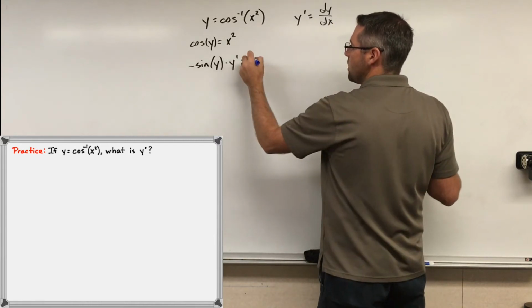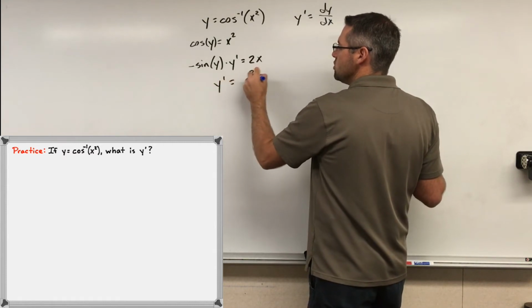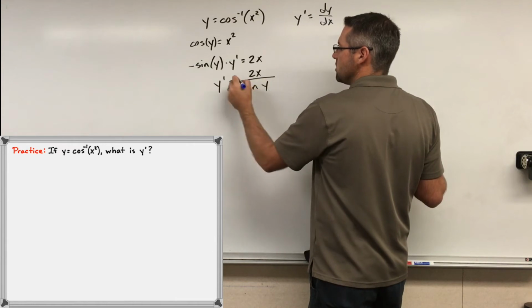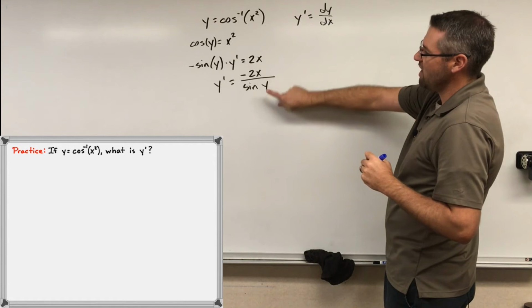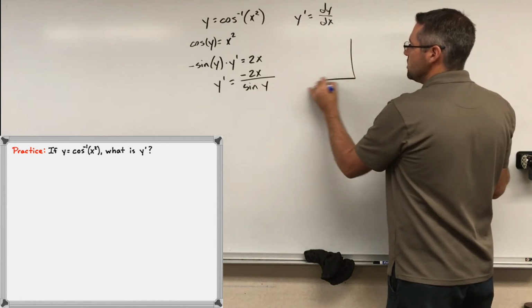The derivative of x squared is 2x. And then isolating y prime, we end up with 2x over negative sine of y, or I'm just going to put negative 2x over sine of y. We want this to be all in terms of x, so we've got to figure out something that can replace the y. And we do that by doing our